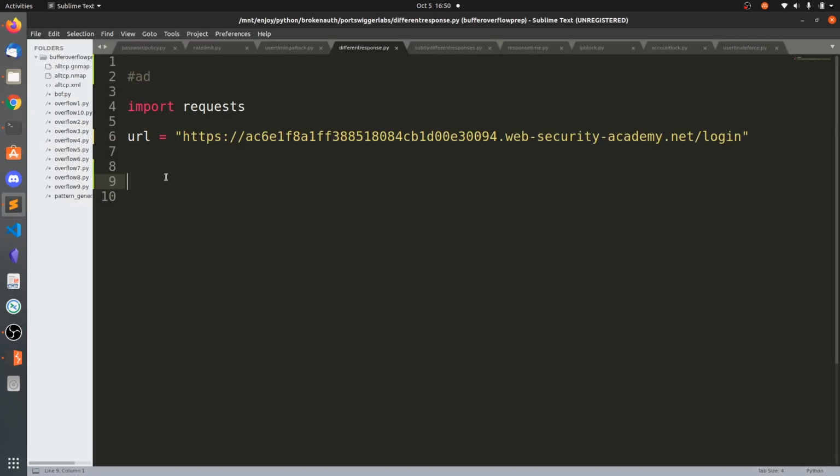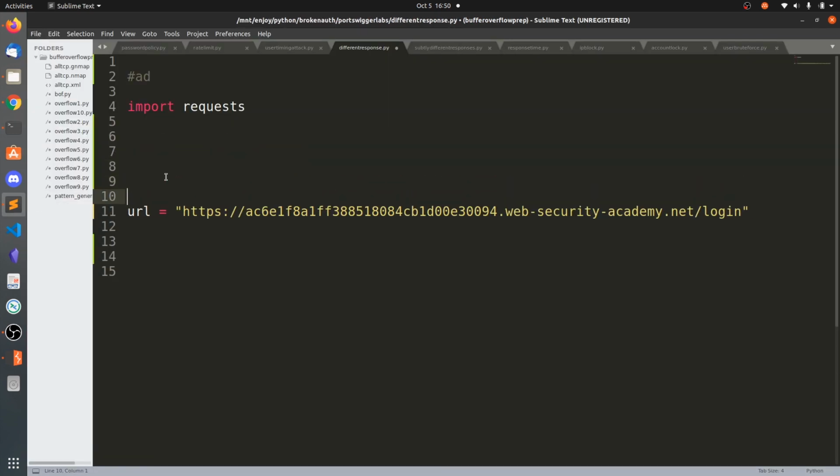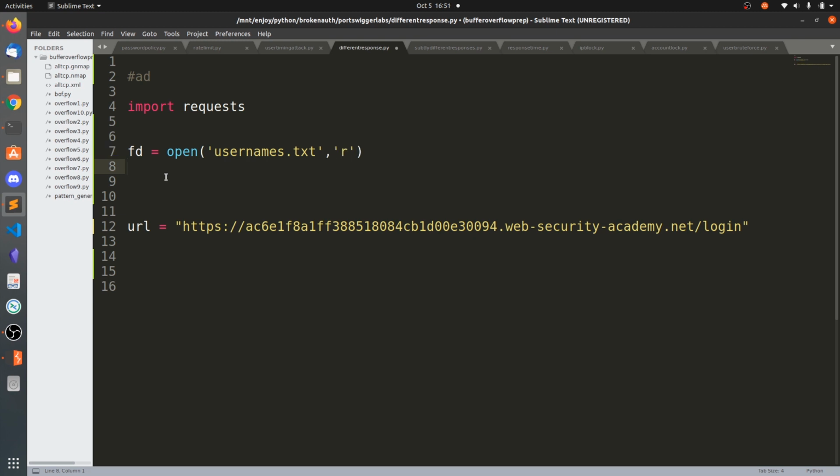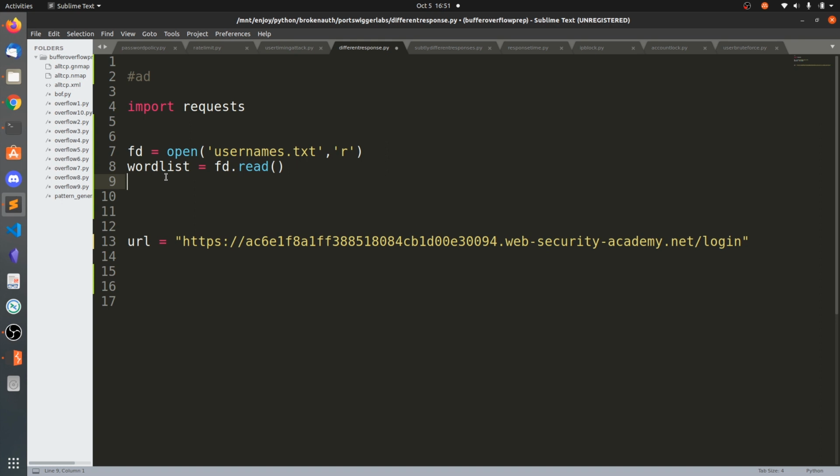So you can use the open function, file descriptor is equal to open of usernames.txt, and open that in read mode. And you can say word list is equal to fd.read and fd.close.